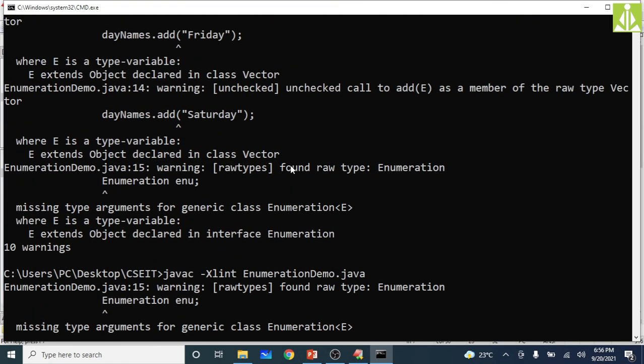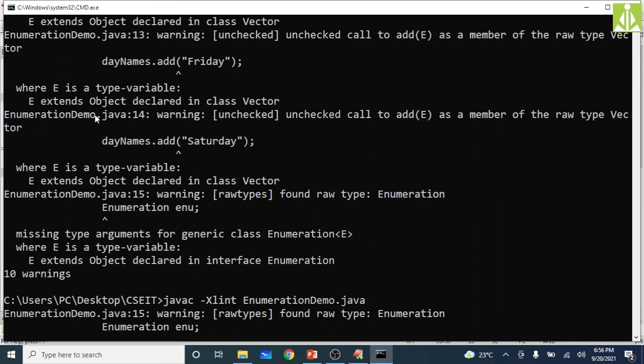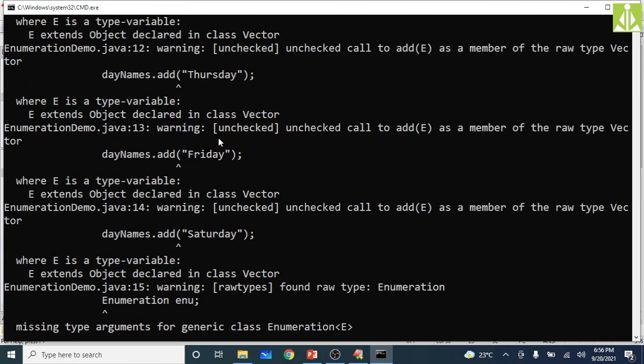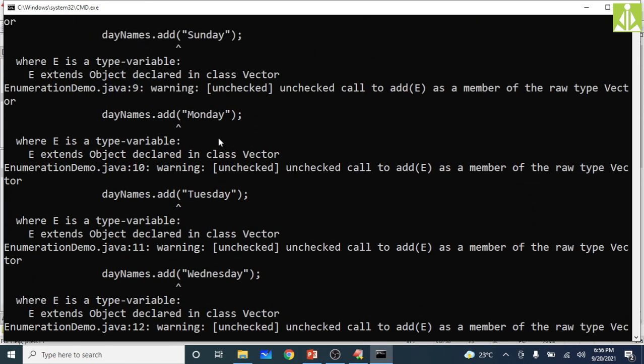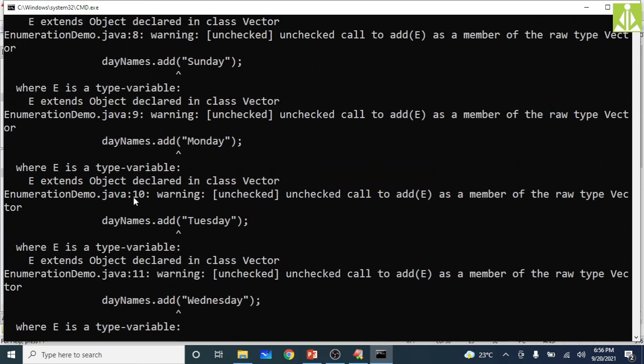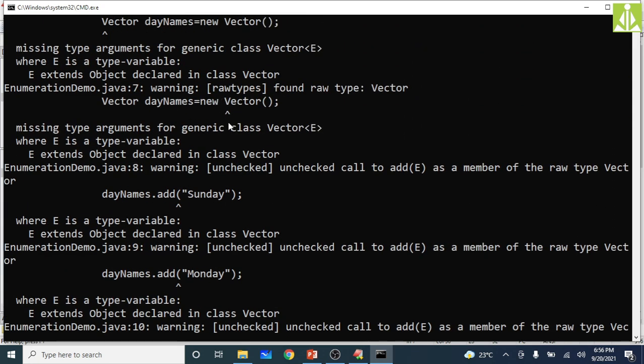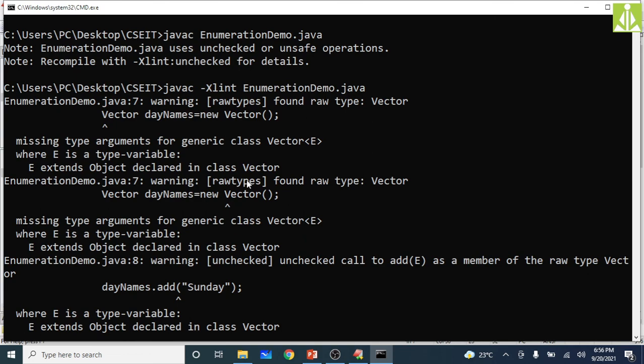Okay, we got a few fewer errors. Okay, for some reason it is not getting executed.